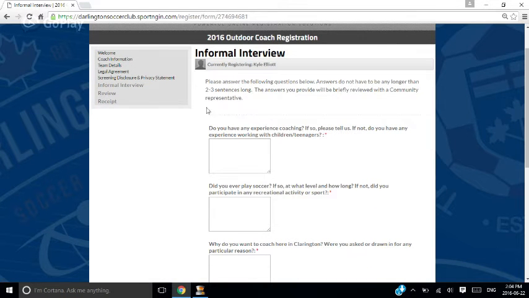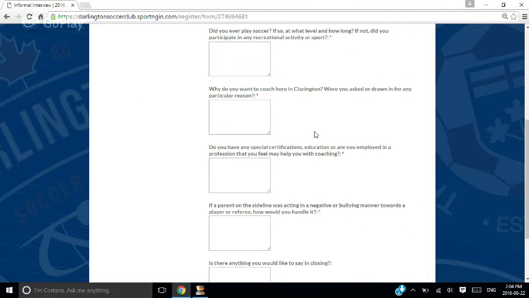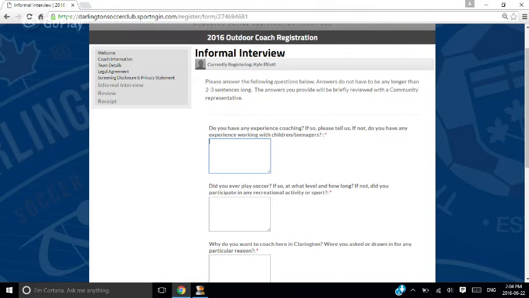And the last portion here is just the informal interview. So this is, again, where you do have to list some information, as we do have to have it on file as per our governing body. So if you say, for example, do you have any experience working with children or in coaching, you can be very brief with your answers, but if you can try to keep them 2 to 3 sentences long, that'd be great. So for example, with me,